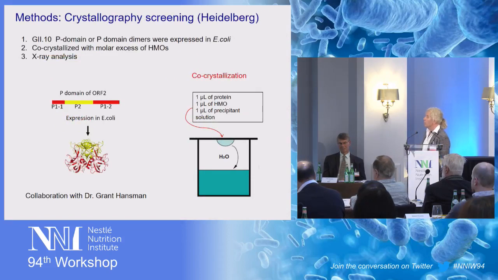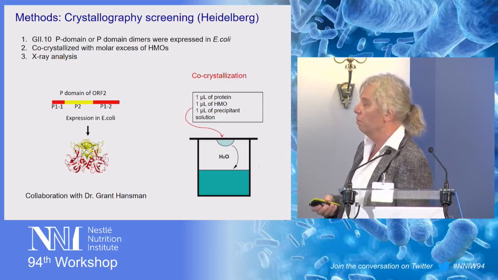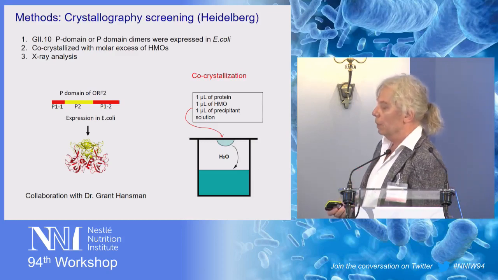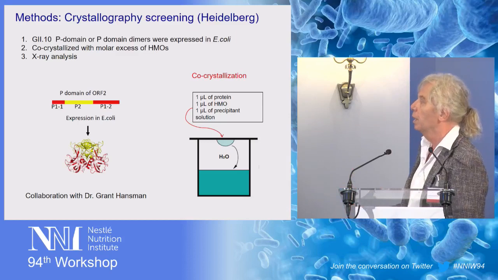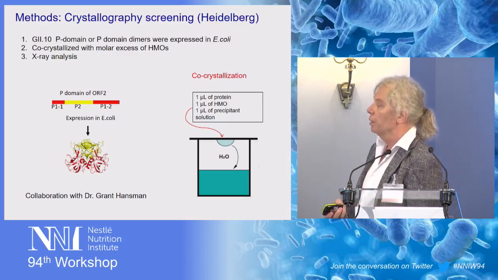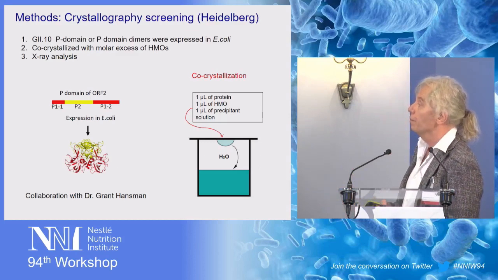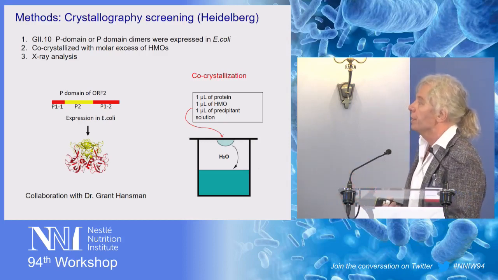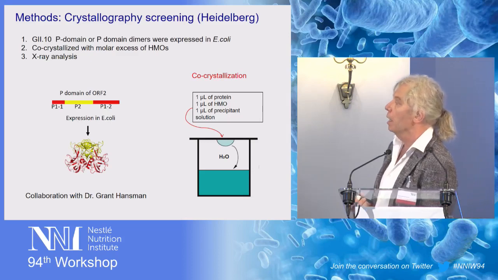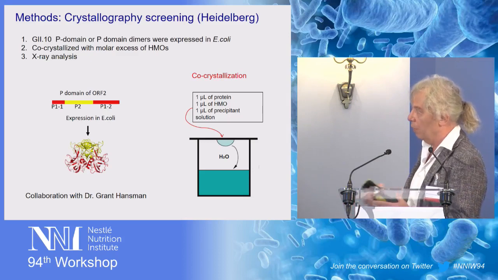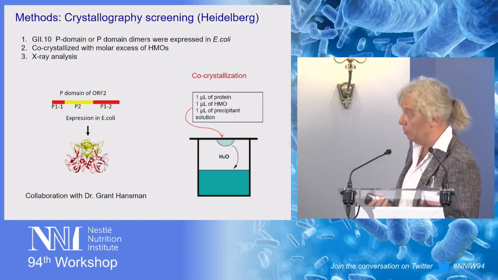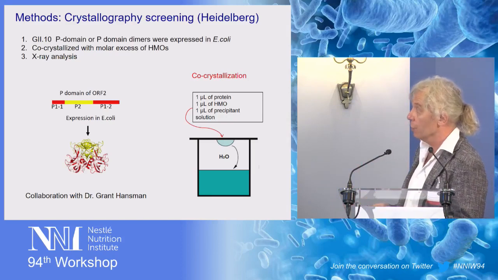The co-crystallization was performed with a series of milk oligosaccharides, either defined standard compounds or mixtures of undefined oligosaccharides, because our initial idea was to see whether complex oligosaccharides exceeding the size of decasaccharides, for example, could bind to the lectin of the P domain and could in this way be entrapped in the crystal. And these crystals could then be analyzed by either X-ray analysis or by multi-mass spectrometry. So we could have been able to identify those structures which were preferentially entrapped in these co-crystals. Unfortunately, these larger structures never